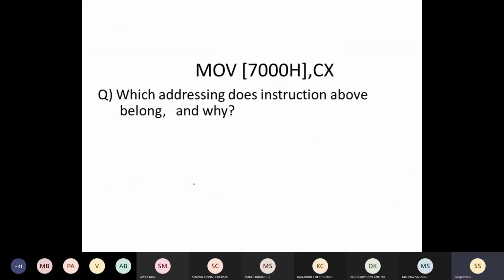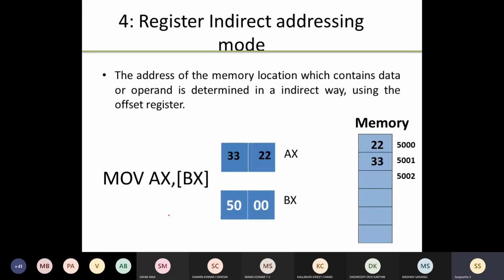move ax comma bx means you have to calculate first the effective address. So how the effective address is calculated is 10 into data segment. This is calculating the effective address. So 10 into data segment plus the address of bx. So in bx, whatever address is there. So what is the address present in bx register? It is